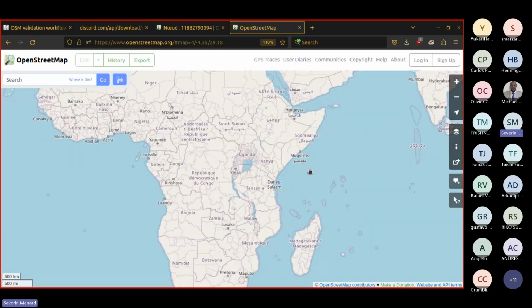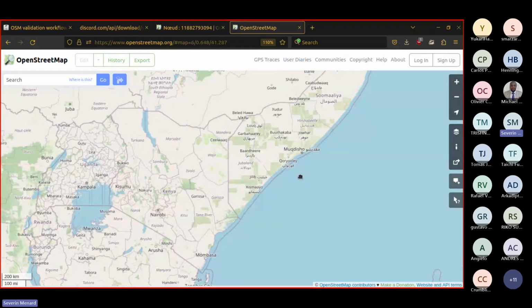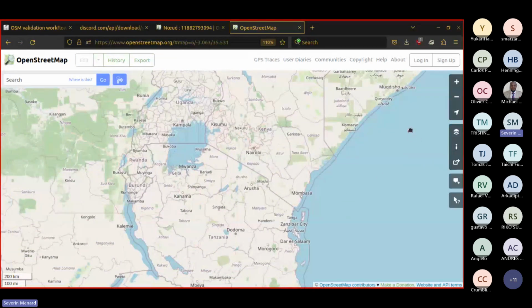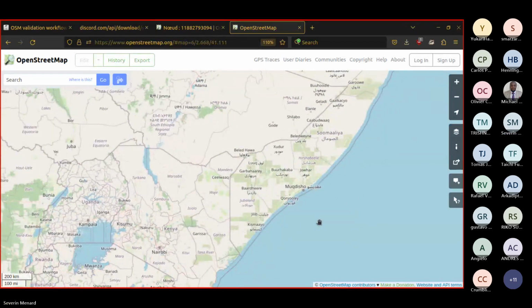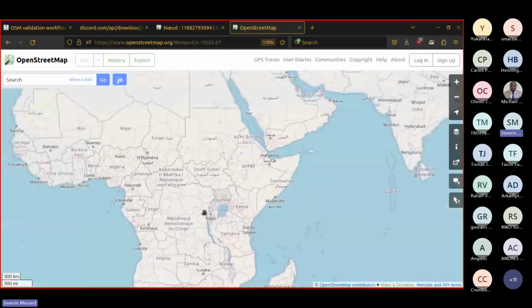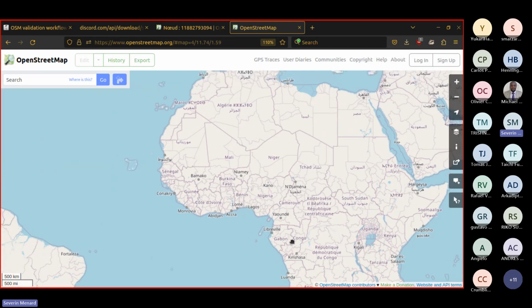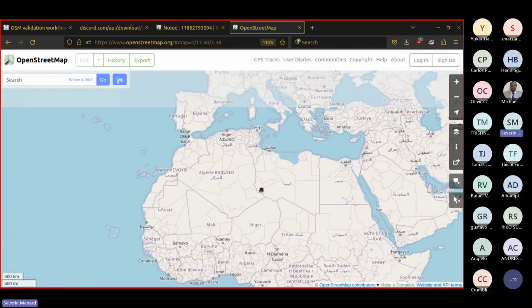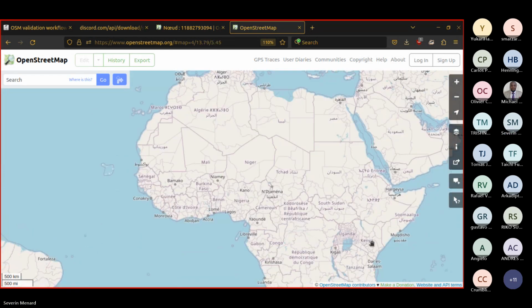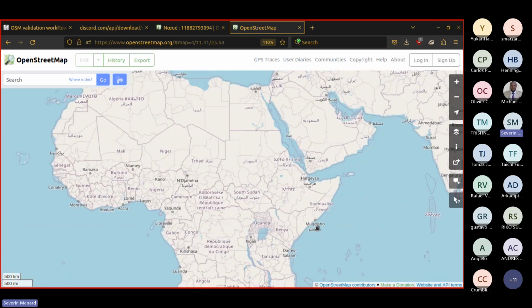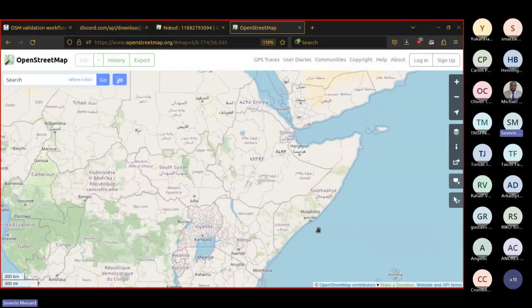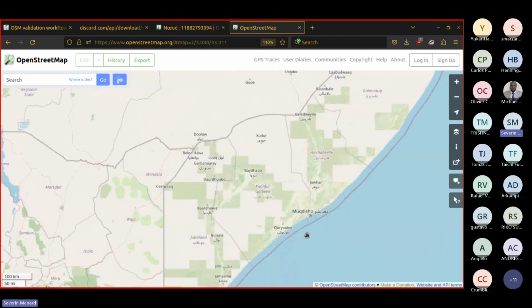I'm wondering what kind of apps or anything else would have been already validated for sure. Okay, I can do that with the UN Mappers, for example.